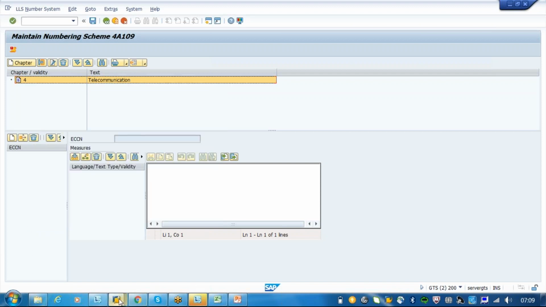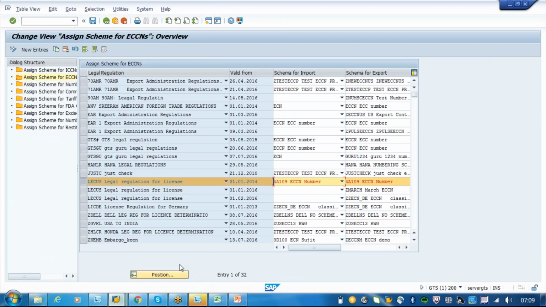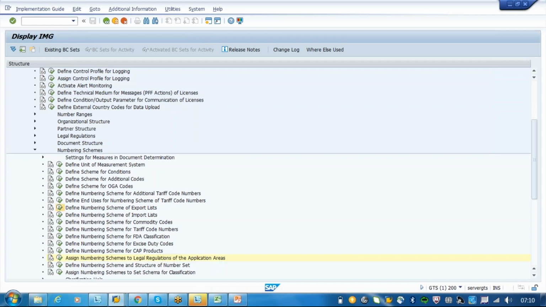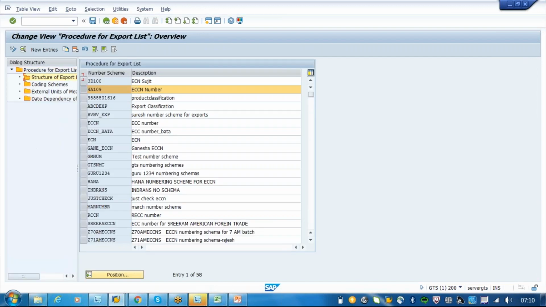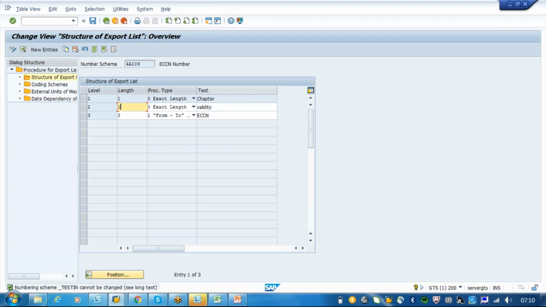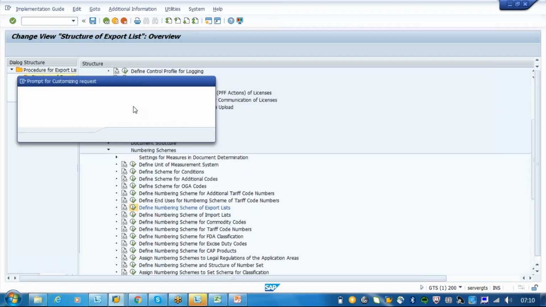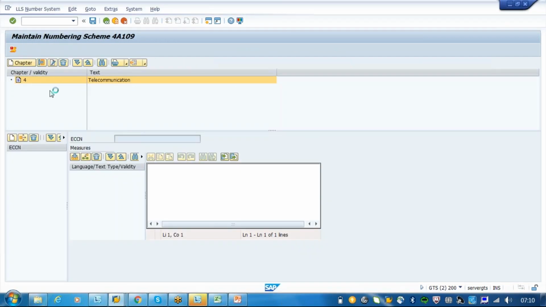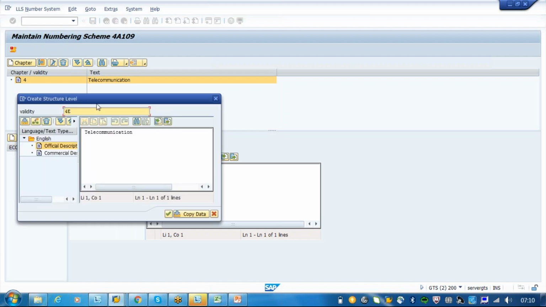Okay, so here in this, this is the second level. Just say 4A and it is data. I will put input data.